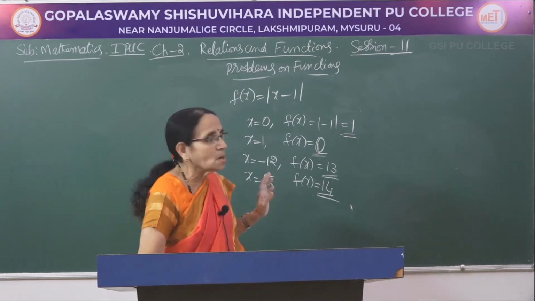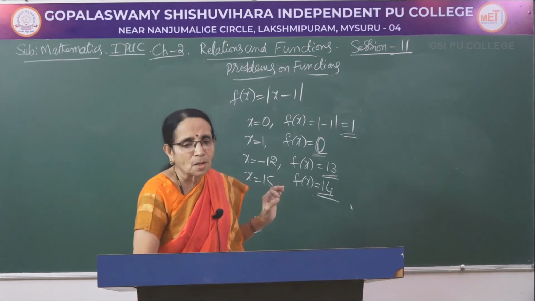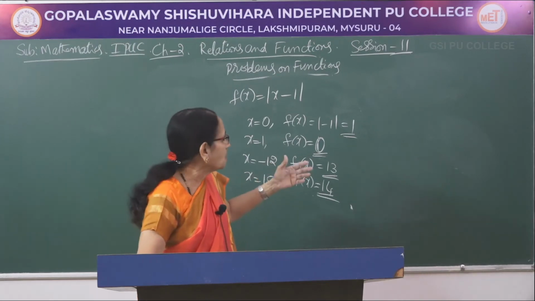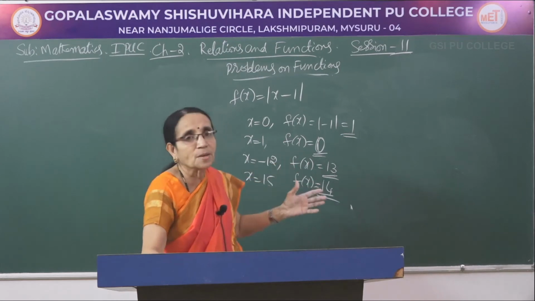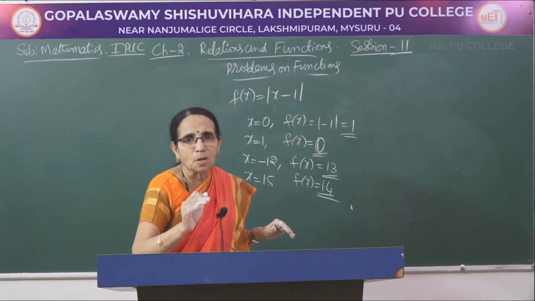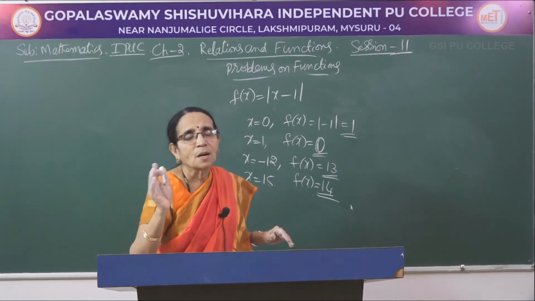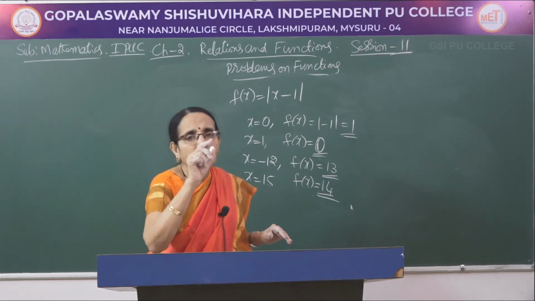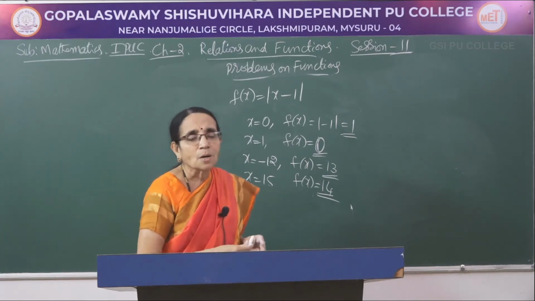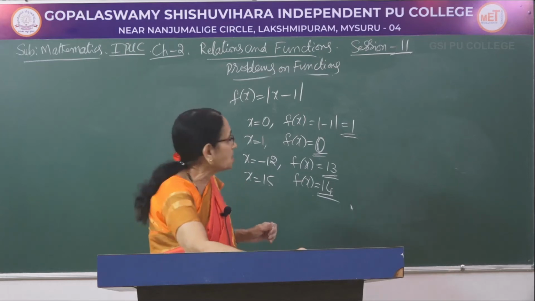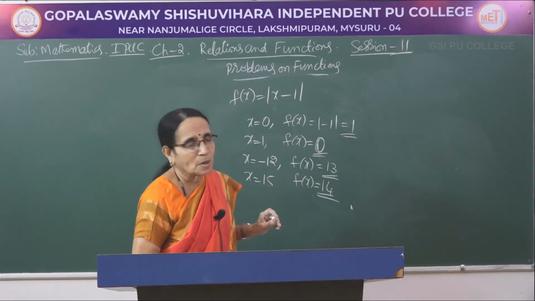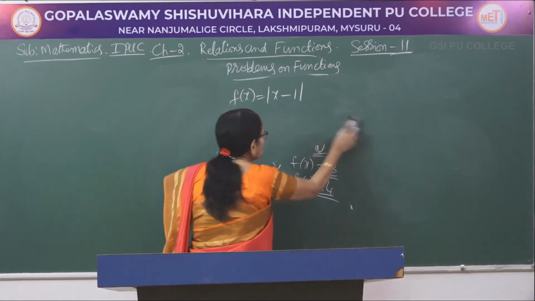So, how do you write this one? The range would be the set of the non-negative real numbers. Or you can say for all x, f(x) would be always greater than or equal to 0. That means you can start with 0, go up to infinity. So, you can write it as an interval, closed-open interval 0 to infinity, like that also you can write, or you can write in a sentence: the range is the set of non-negative real numbers.